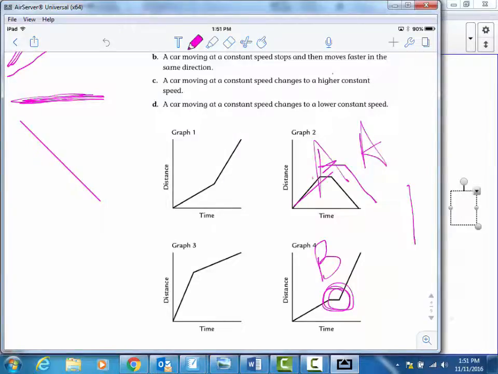Perfect, Drew. All right, letter C. A car moving at a constant speed changes speed to a higher constant speed. Jason? Graph 1. By process of elimination, hopefully, Lance, a car moving at a constant speed changes to a lower constant speed. That's graph 3. All right,